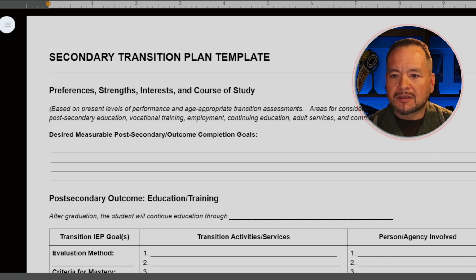And this is also an opportunity to really begin to look at what are some partnerships that the school has with technical schools or colleges for any type of dual enrollment. In this section, you should be checking with the school to make sure that things are evidence-based. You need evidence-based assessments that are administered yearly because our interests can change over time.